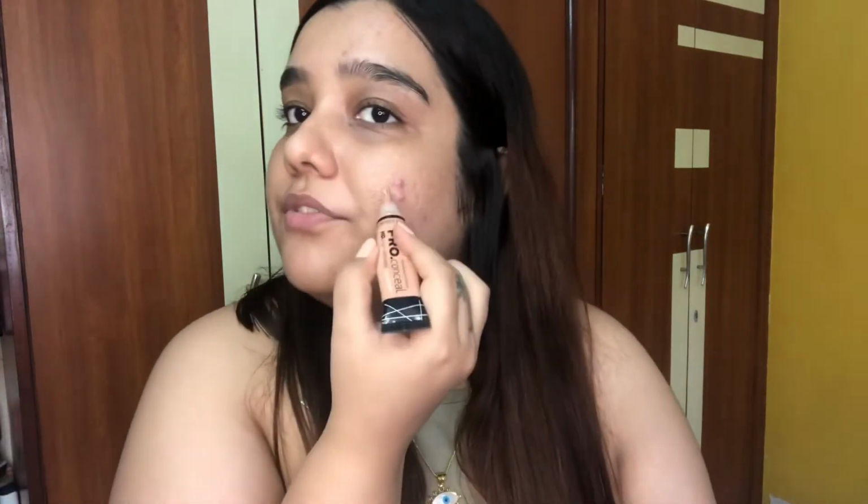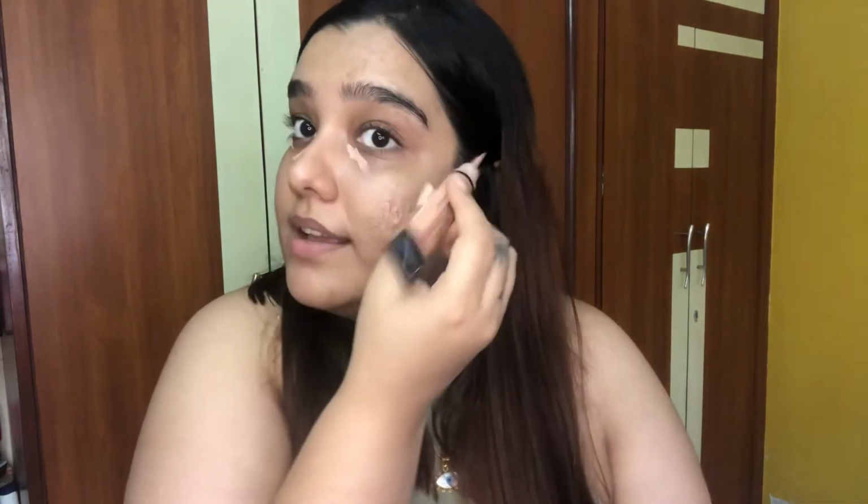Now, I am not very particular about covering everything. I just like to get rid of the redness, and I pretty much don't mind my acne scars or blemishes peeping through. I just don't like the redness. Just gonna take my beauty blender. You can even use your fingers to blend this out, but for me, beauty blenders work the best. And you also need to make sure that you're blending the concealer in its place and you're not dragging the